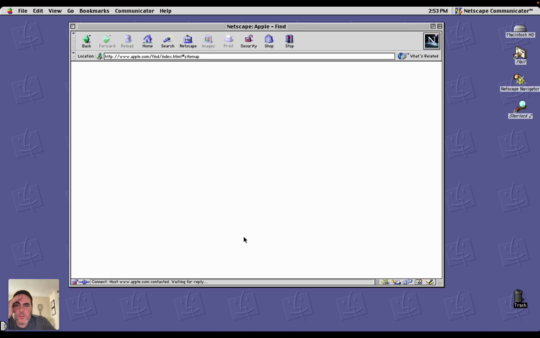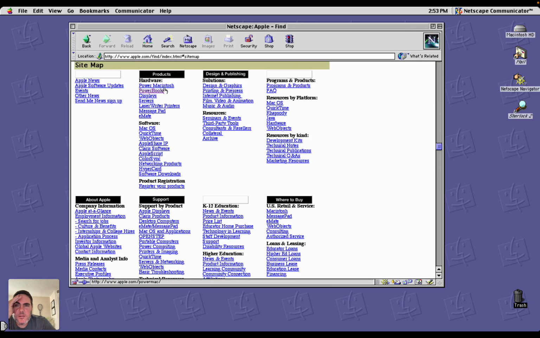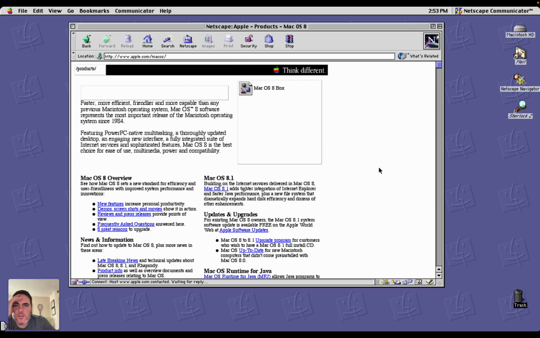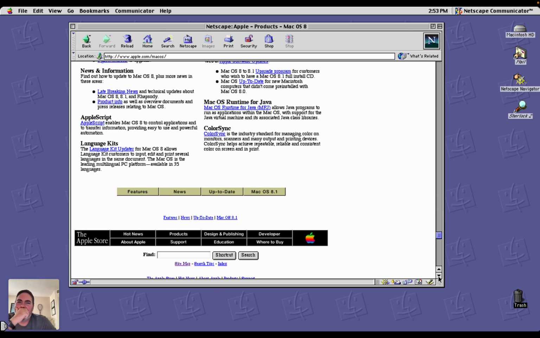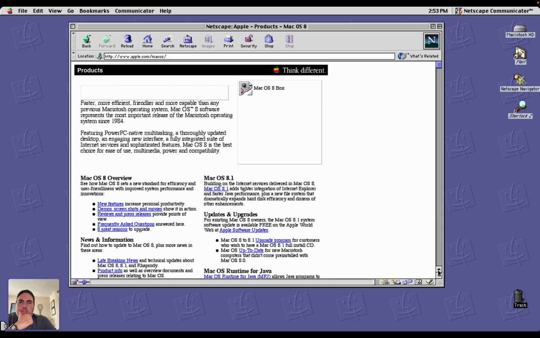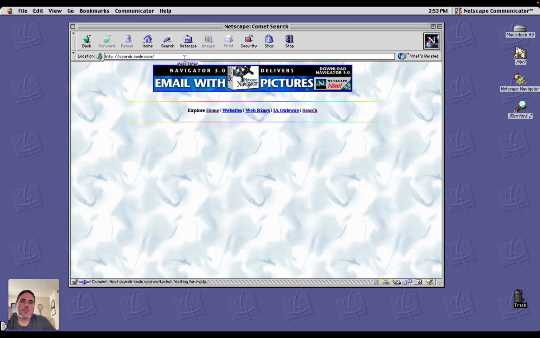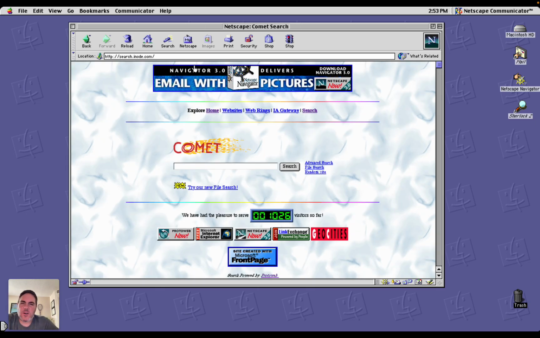Sitemap. I remember sitemaps. Display servers, eMate, macOS. Let's take a look. 8.1. So this is macOS 8 that it's showing. So maybe I need to be an era back, because I'm running 9 at the moment. Very cool. I love that they have this homepage where you can search for stuff, because it's always hard to figure out